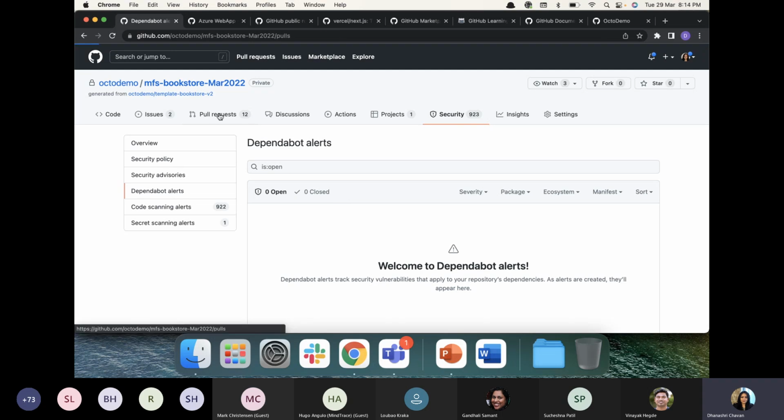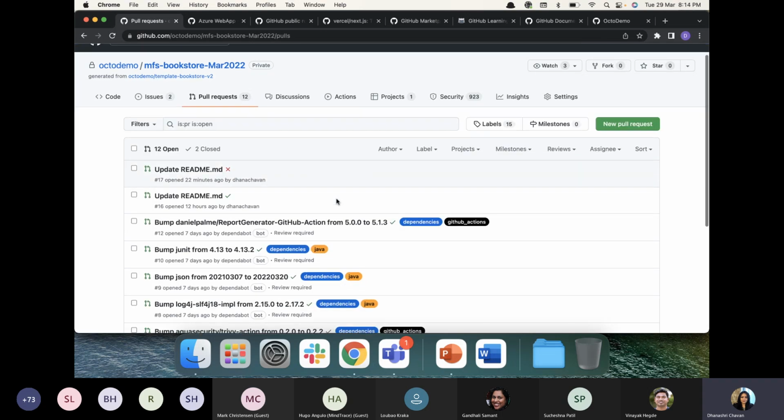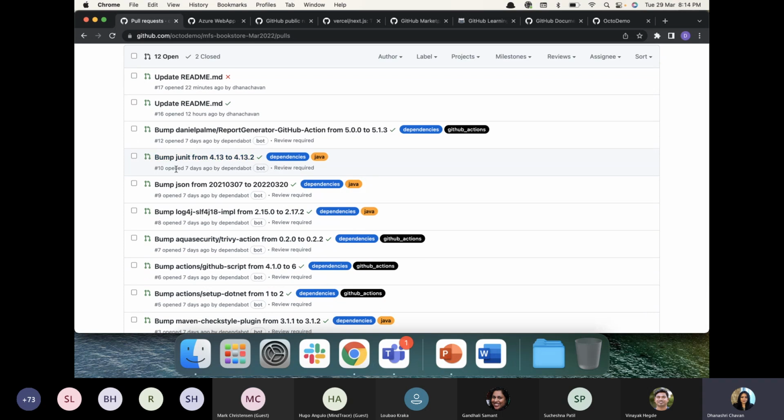Now, another thing you will see here, if I went to the pull requests and you looked at all of these, you'll see these were not opened by a person. They're actually being opened by Dependabot. So like I said, a bot is running in the background and making your life so much easier. For instance,